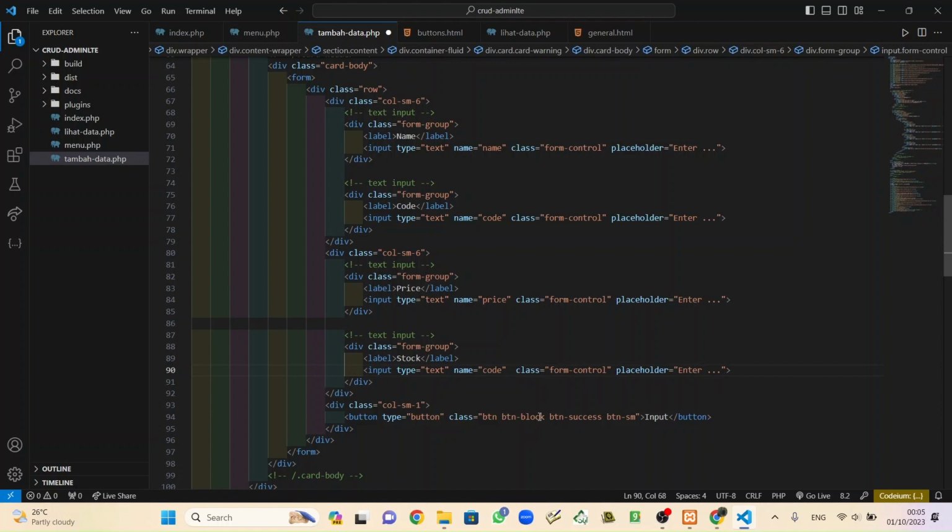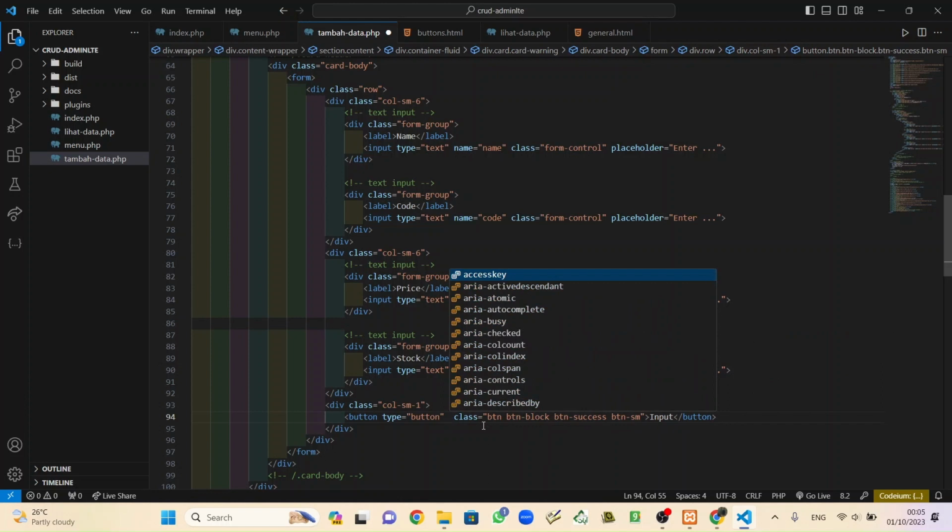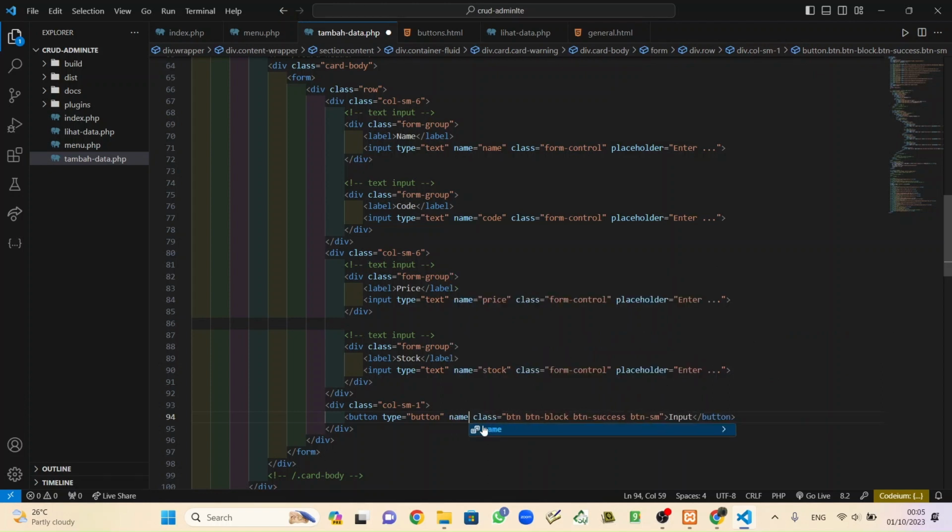Control V. Stock, check out, save, and also this name. Maybe we can use this in save. Okay, that's enough for tambah data.